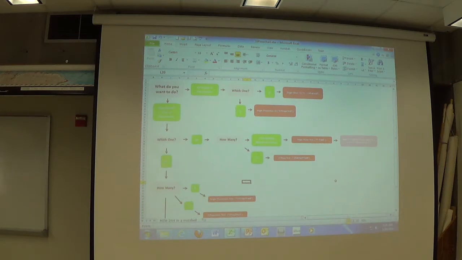I got an email from a student just yesterday from a couple 244s back. She said, I'm forgetting so much already. I forget what to do when. I'm like, here. And I sent her the flow chart. She's like, oh God, that's what I needed. I needed that to know when I'm sitting at my desk at my job and I've got data, what to do with the data. That's what this is for. It's for you guys to take with you as a reminder.